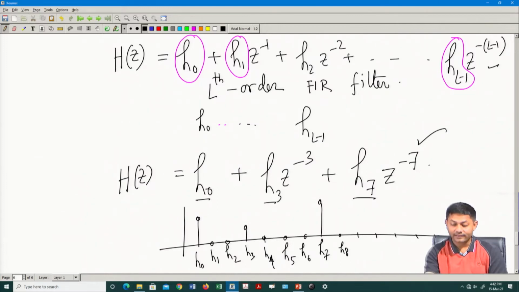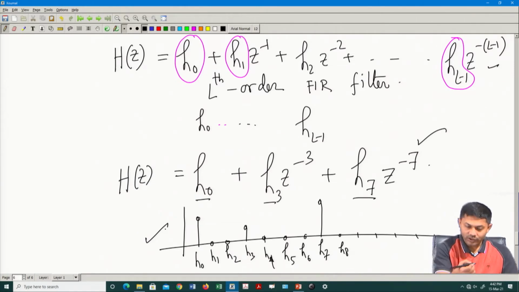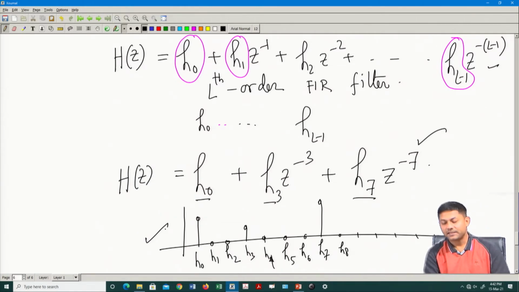Never say that just because the order is 7 and some of them are 0, those coefficients do not exist. It is just that they are 0, that is all, because they are in between. But of course, beyond the highest point everything else will be 0. So, this is a typical channel example where in between you can have a 0. Okay? This is one point. Let us do some more characterization of the channel.